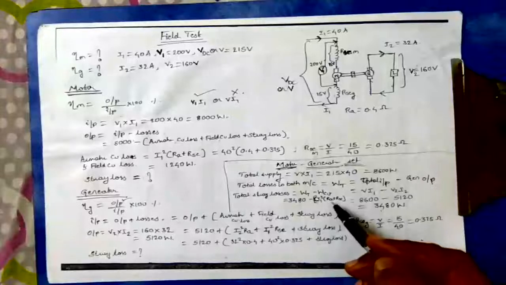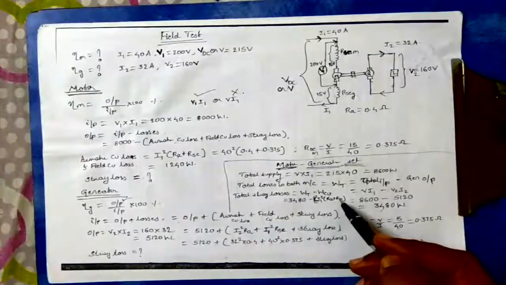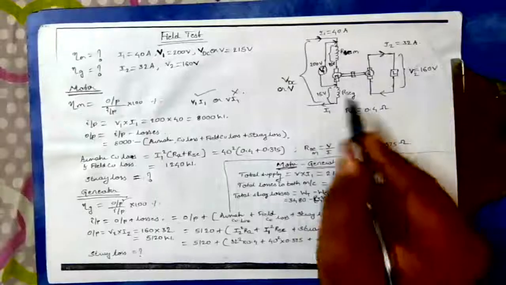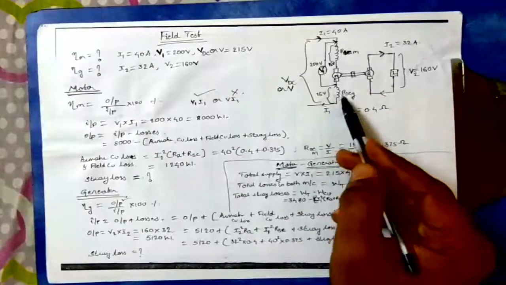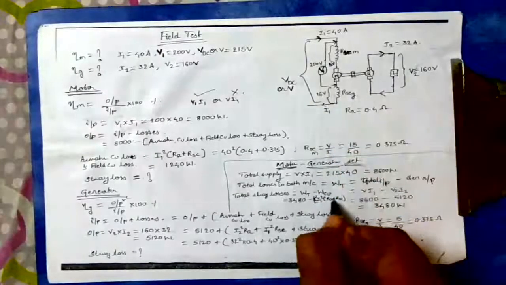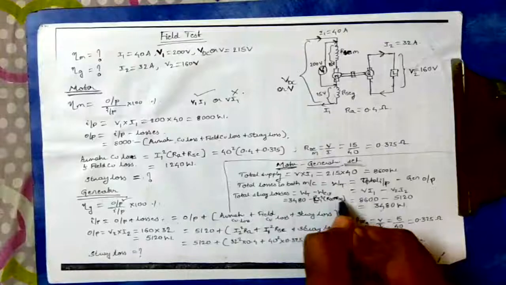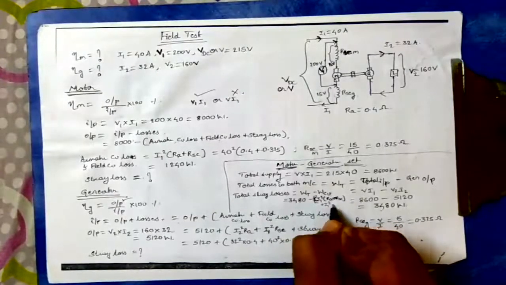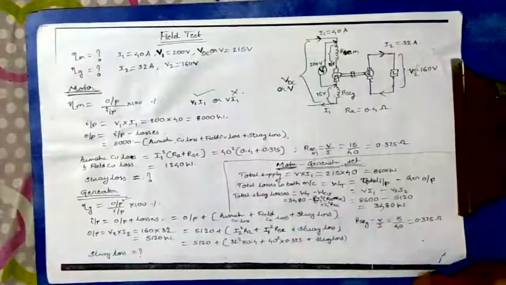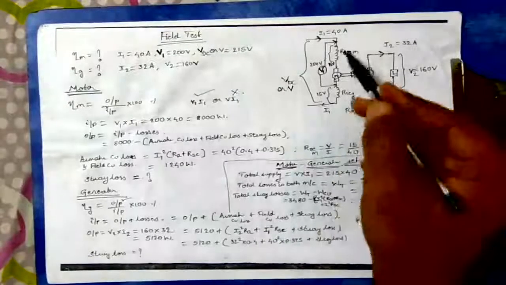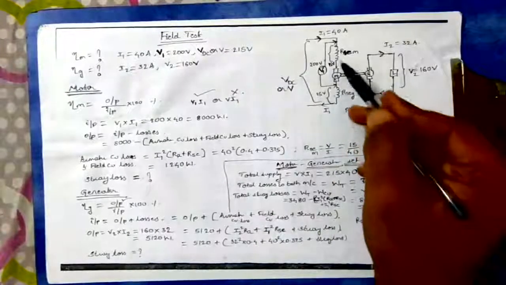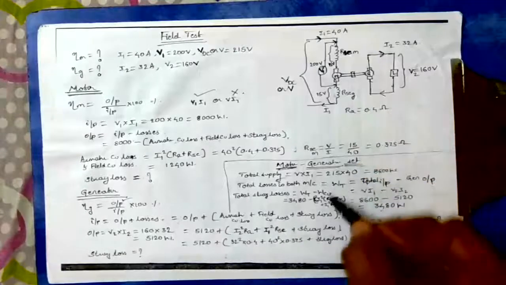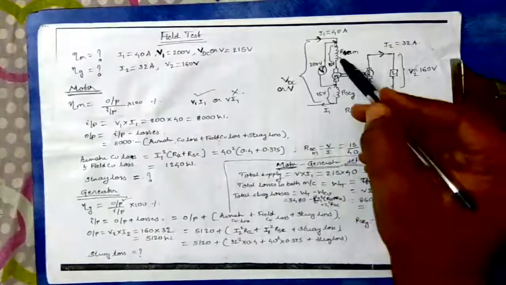This is the armature copper loss as well as field copper loss of the motor. And again, anyhow I1 flows here also, the same current. I better write it as I1 square into RA plus RSC. So total copper loss in the armature part will be I1 square into RA.